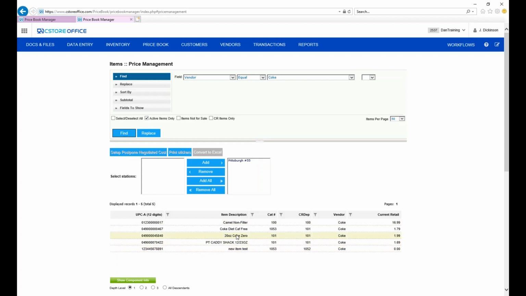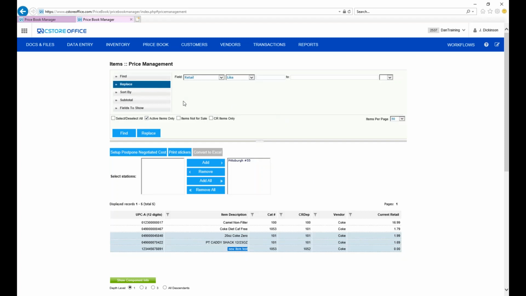I can identify quickly based on description. This is my only 20-ounce. Let's just say, for sake of argument, these last 3 are all 20-ounce items. You can see how I went ahead and highlighted them all in blue. They do have different prices of $1.99, $1.69, and $0.00. But for those 3 highlighted items, I can now say, I want to replace